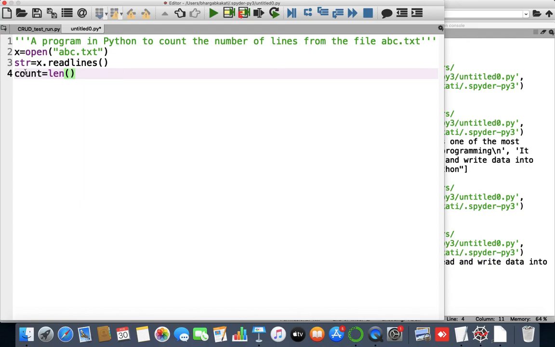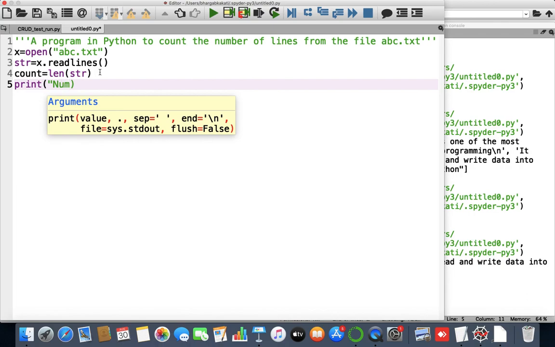What do I need to count? I need to count the number of items in the list which is stored in the variable str, because obviously by now all the things have been brought from abc.txt and stored in the variable str. So if I write len(str), it will just count the size of the list. What is the size of the list? The size of the list is 3. That means as I have used readlines, size of the list is 3 means it has 3 lines. Now how to display it? By displaying the variable count, we can display a message like number of lines in abc.txt, comma,